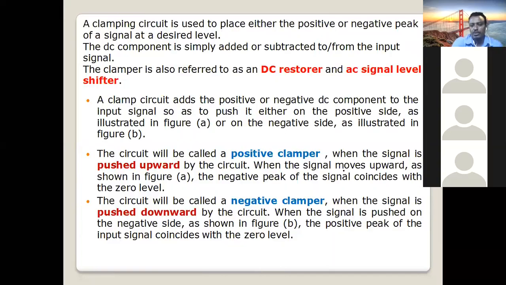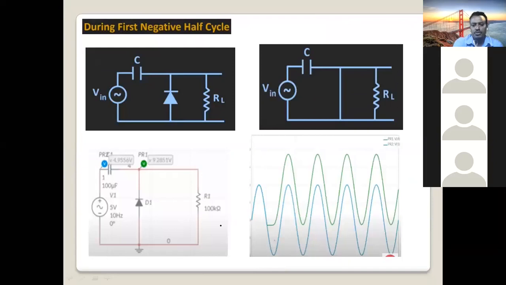You can do this at home using your simulation software, TINA. Construct a simple circuit with one capacitor, one diode, and one resistor. The input signal is the blue one, and the green one is the output signal. What's the difference between these two? Only that the signal is shifted upward. The waveform, peak-to-peak value, everything is the same. The signal is shifted upward by some constant DC voltage. That type of clamper is called